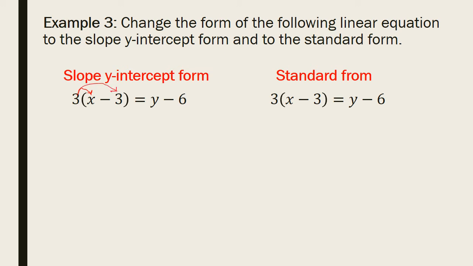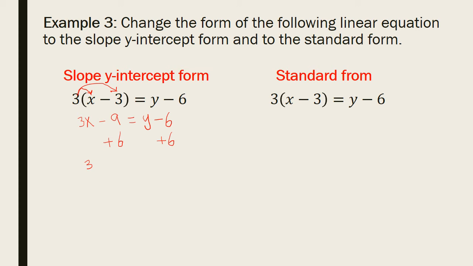So I have 3 times x, which is 3x, 3 times negative 3, which is negative 9, equals y minus 6. Now, as we said before, the main thing in the slope y-intercept form is to isolate the y. So my goal is to have y by itself on one side. So to be able to have y by itself on one side, I have to add this 6 to get rid of the 6,